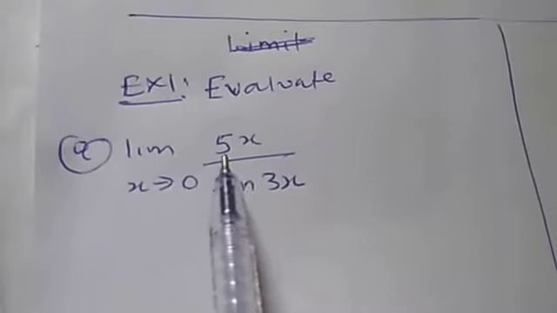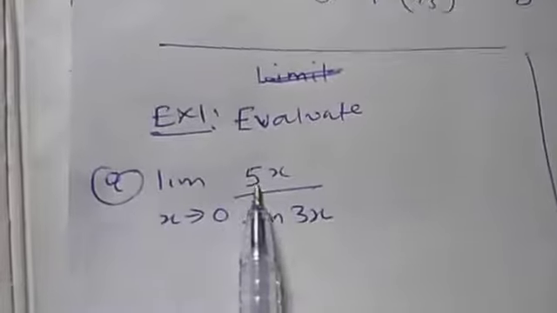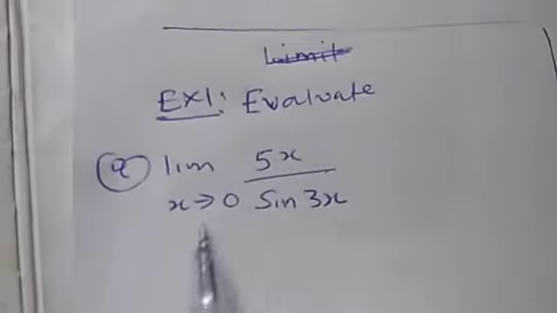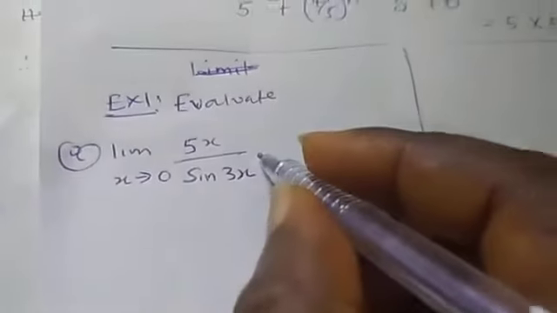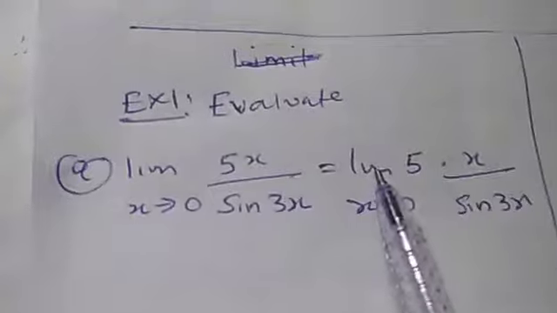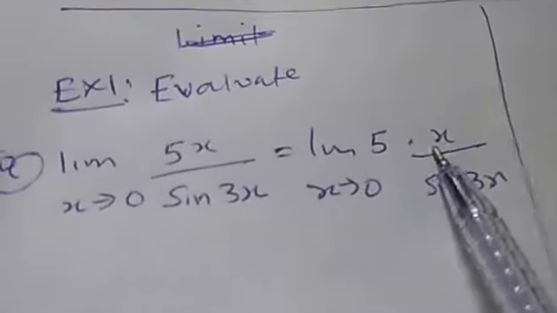We are asked to find the limit of 5x over sin x. Assuming this thing is 3x and we have 3x as x tends to 0, my answer would have been 1, just like the formula that I gave you here. But unfortunately, what we have here is 5. But we can manipulate. We can write it like this. So I've separated 5 from that x. But I need 3x so that I can turn the whole thing to 1. I need 3x in this place.